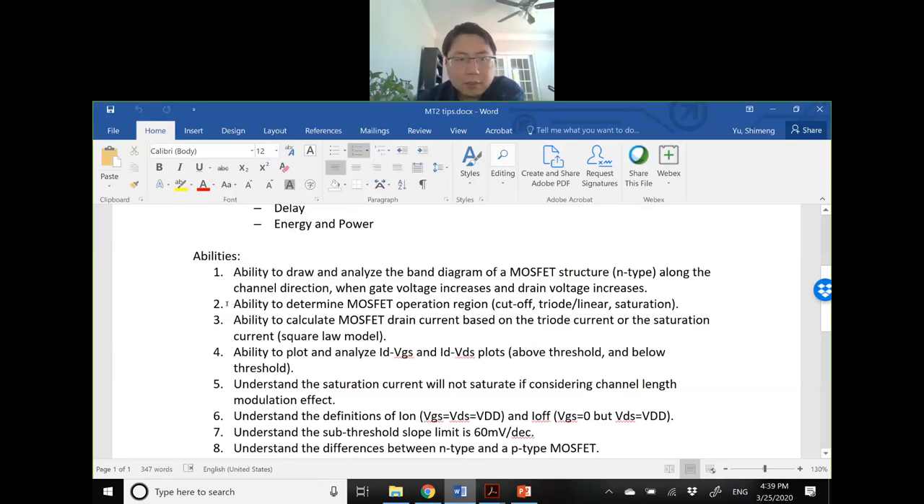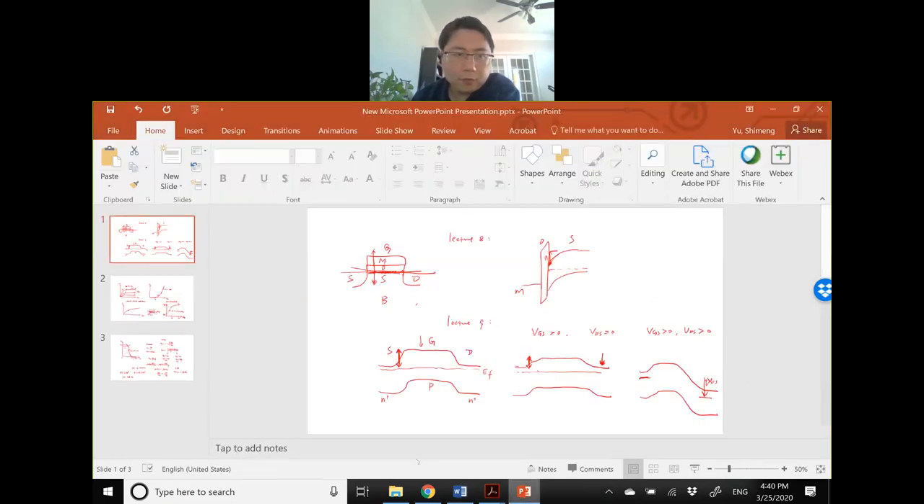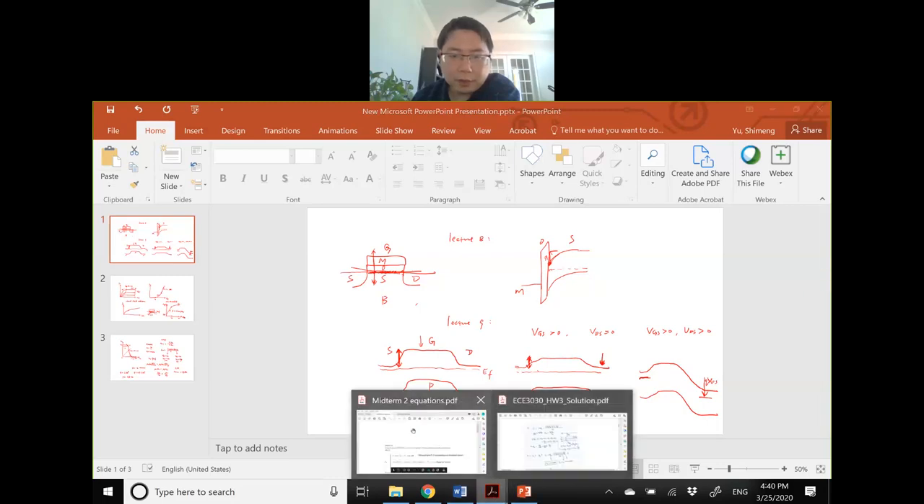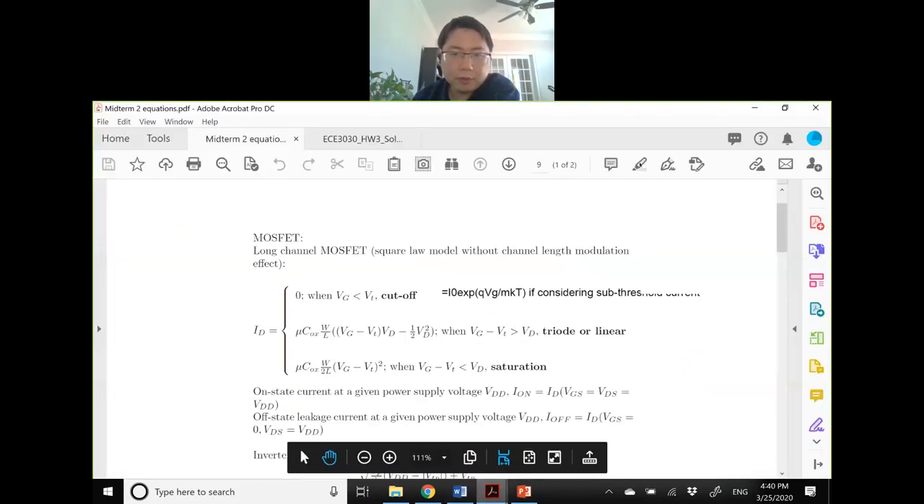So the second ability you expect to have is to determine the MOSFET operation region. So we have this cutoff, triode or linear region, or the saturation. So you need to use the voltage bias condition to determine the operation region. So you need to look at the gate voltage, drain voltage, and the threshold voltage. So if you look at the equation sheet we have here,